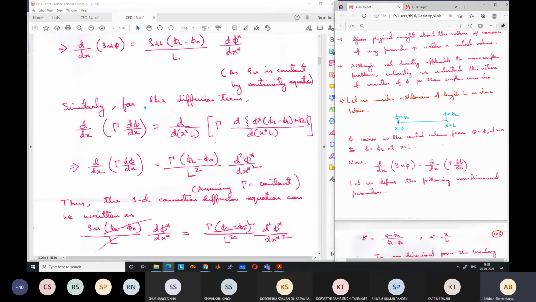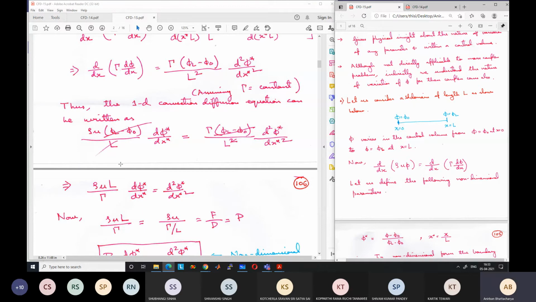So rho u (phi L minus phi 0) by L d phi star dx star. And on the right hand side, d dx of gamma d phi dx, this can be written as gamma (phi L minus phi 0) by L square into d square phi star dx star square. Okay. So phi L minus phi 0 gets cancelled from both sides, one L gets cancelled from both sides. Okay. So we are left with